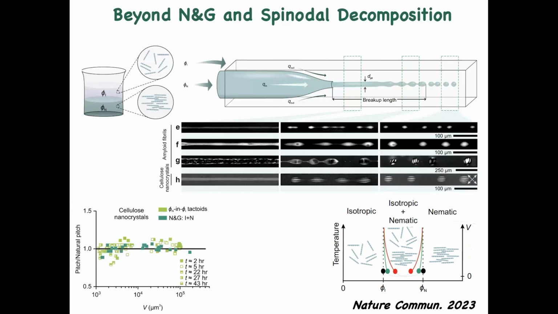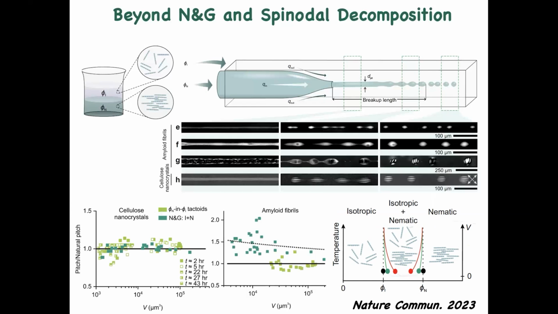So in the case of nanocellulose, indeed, if you do the equilibrium trick or you do the exclusion, you let the system evolve. This is the pitch versus the natural pitch. You see pretty much the same value. In the case of amyloid, though, this is what you will get at the equilibrium. This is what you have if you have inflation and growth. You might have up to 50% difference in the pitch.